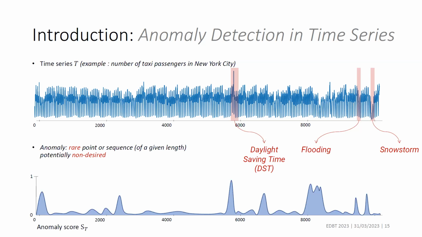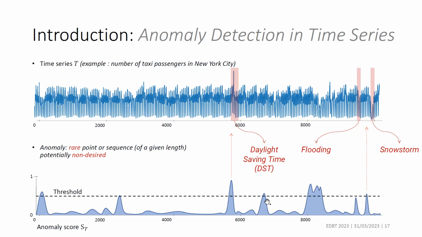Every anomaly detection method will try to build an anomaly score. An anomaly score is computed from the time series as a value between 0 and 1, and the closer to 1 it is, the more abnormal it is, at least as considered by the method. So the objective is to build this kind of anomaly score, and then you can compute a threshold and say that everything above it will be returned to the user, considered as